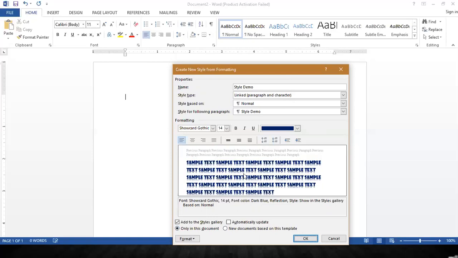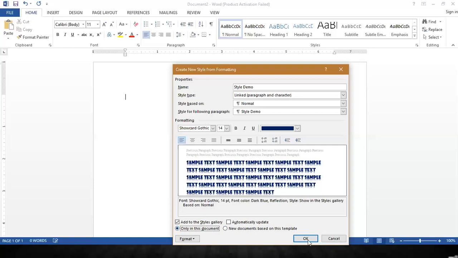So if you want this style to be available in each of the new documents you create, then you need to select the new documents based on this template option. When you click on that circle, it will be selected. Then you can click on OK. Then this style will be available for each of the documents. So you can set that, but I'm not clicking on that. I'm just clicking on this document.